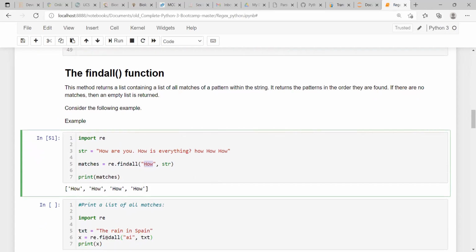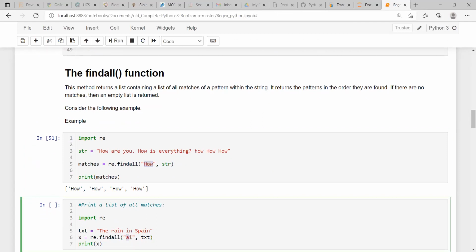Similarly, you can find any kind of substring from a string using findall. Suppose we are searching for AI, this particular substring, in a total string. What will happen if I run this?